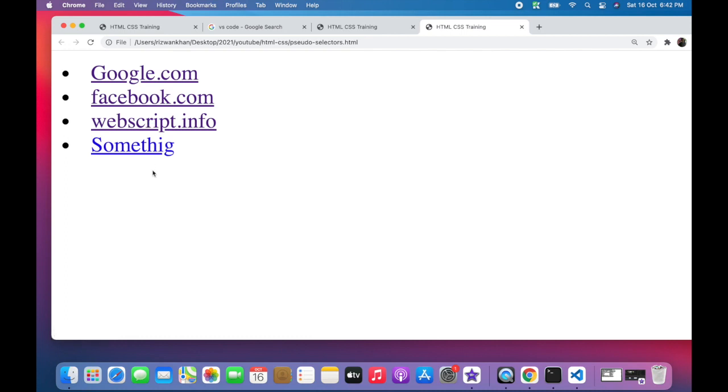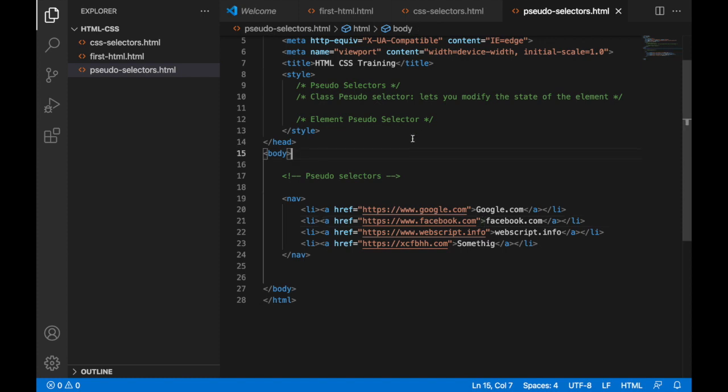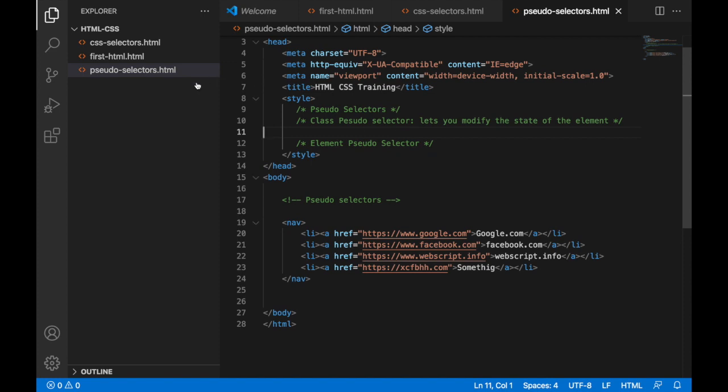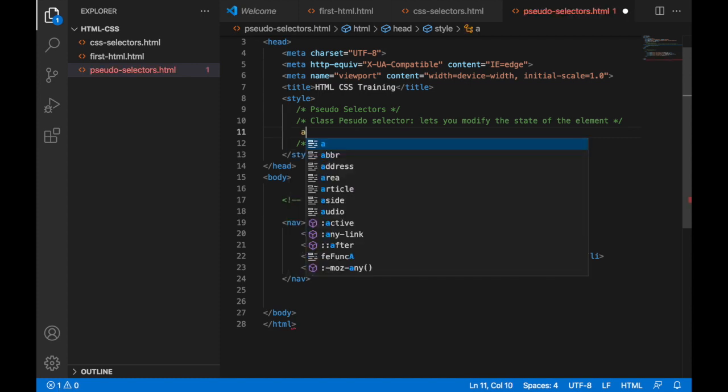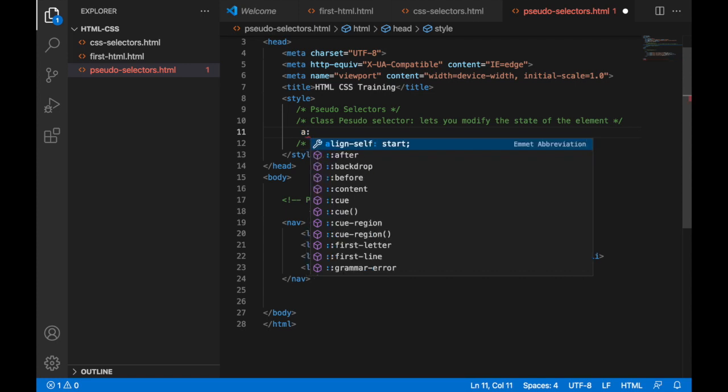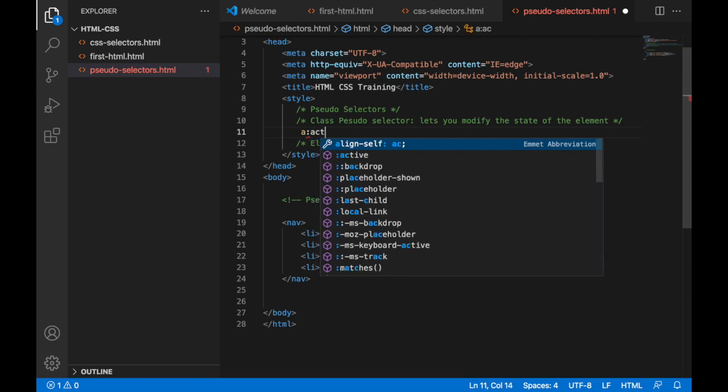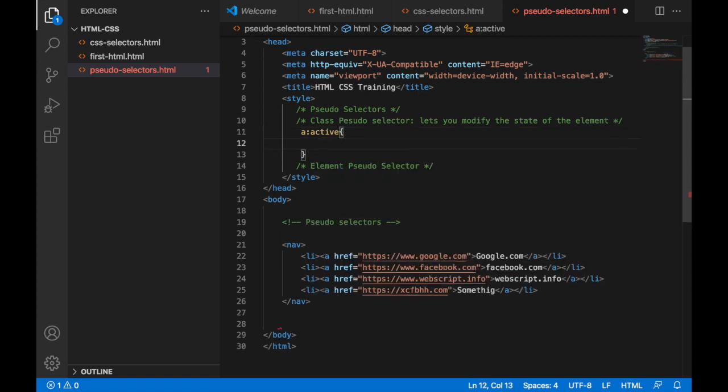So this is the one form of state. The different colors show you what the current state of this particular element is, right? Now the other state, if you want to modify the state of a particular element, let's say I want to choose the anchor tag a, and we write pseudo classes by using the colon symbol, and then we can use things like active. So this is an active pseudo class, and when a link is active, I will change the color of it